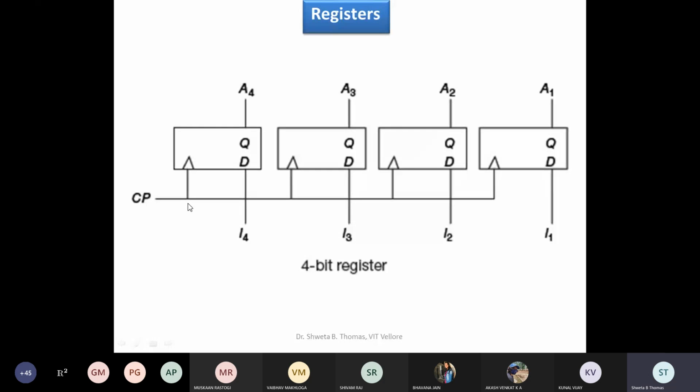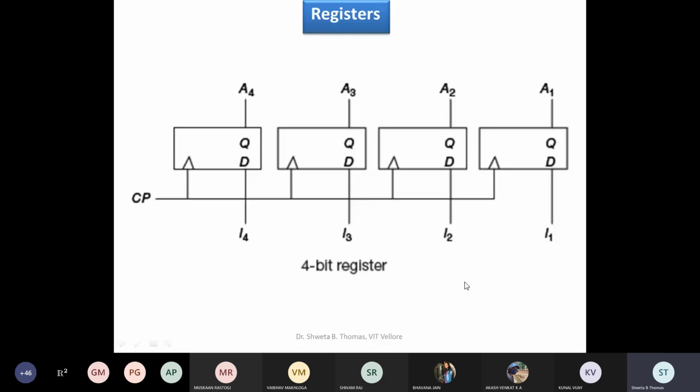So why is this called a 4-bit parallel register? Because parallelly we are storing the output in the register, and this CP is given parallelly to all the flip-flops. All together we are giving input to all the flip-flops, that is I1, I2, I3, I4, and parallelly it is transferred into the register. So this is used to store the information in parallel form. Since this is a D flip-flop, whatever input D is there, it will transfer as it is to the register with the occurrence of the clock pulse when CP is equal to 1.